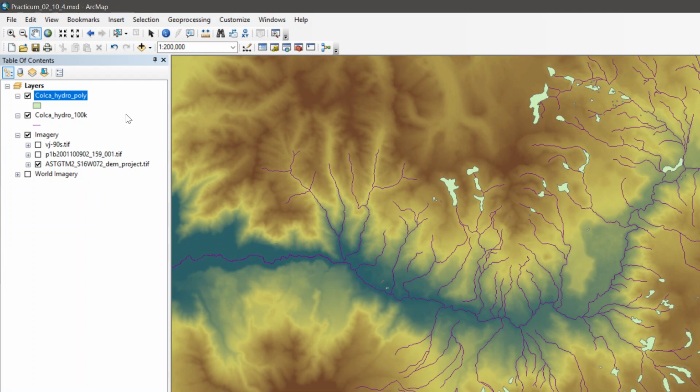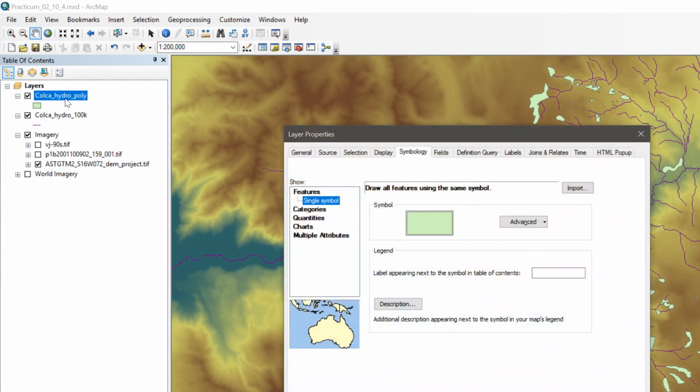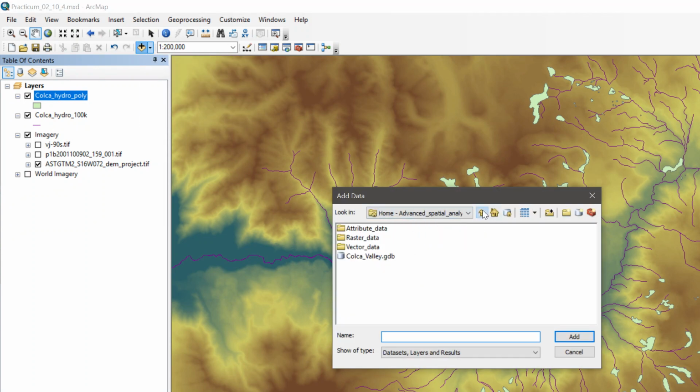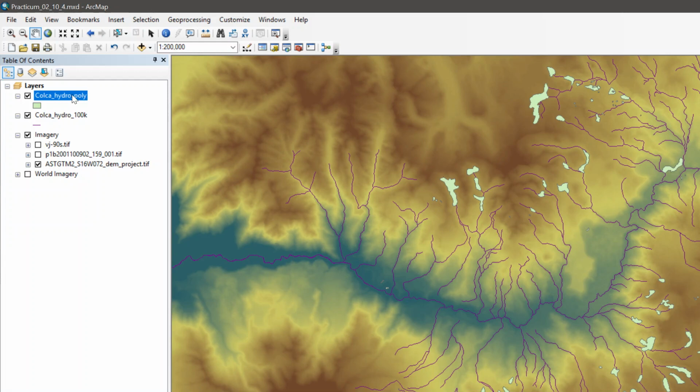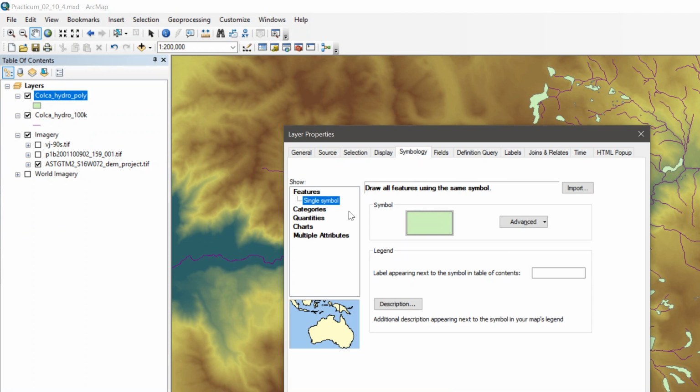Okay, so basically it's a matter of symbolizing on what's a categorical variable, a categorical attribute, in both of these cases. So let's go to the polygon layer first, and these are in the geodatabase. If you were to add data and go to the Kolka Valley geodatabase, you want Kolka Hydro Poly, I should say, and then Kolka Hydro 100K. Okay, so once those are added, then just double click, put the polygon one on top of the stream network,